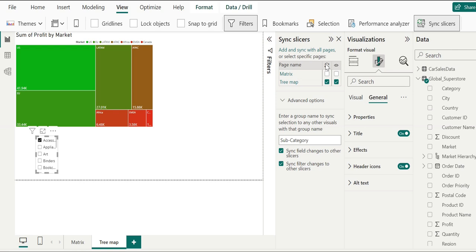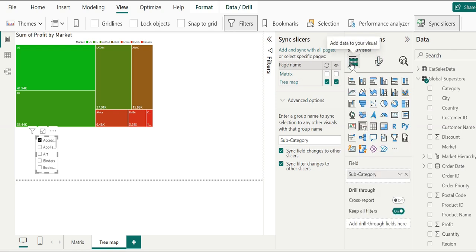If we want to display it, we can do it. If we want to drill through cross report, we can even turn it on and we can see it can be applied for few reports. So we have learned in this demo syncing of breaking the syncing of slicer and how we can change the